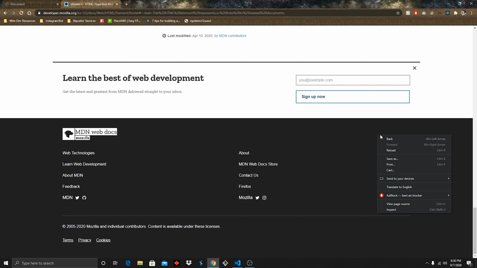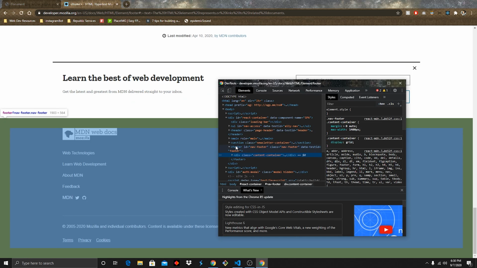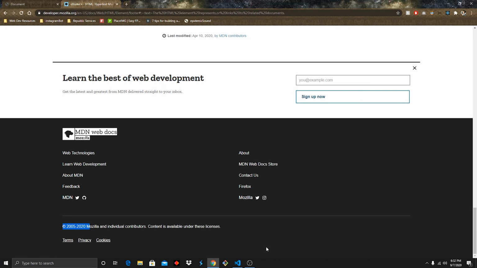We can tell this because we right click, we click inspect, and if we just bring our cursor over footer, it highlights the bottom of the web page. We're not going to focus on all of that. And those are very common items that we'll focus on when we get into our CSS phase. But what I do want to talk about is